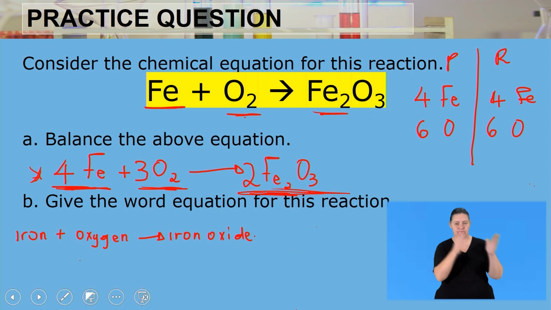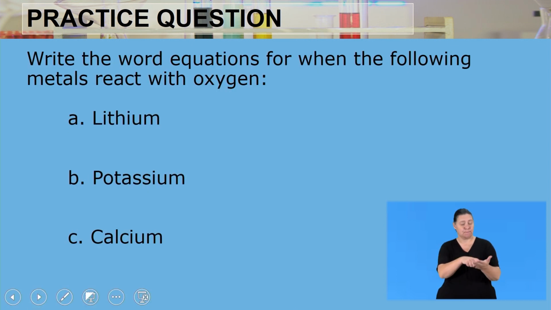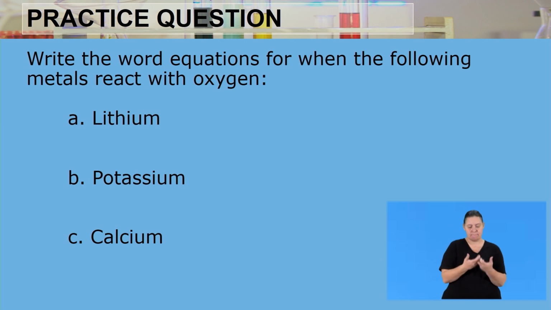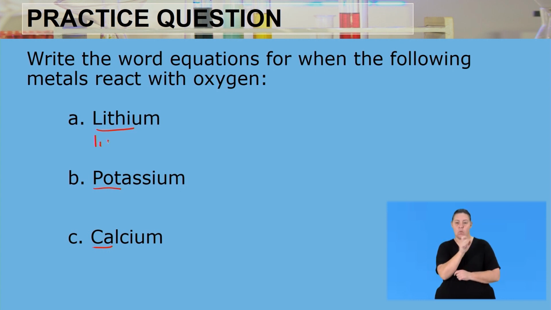Moving on to the next part of the question, which now requires us to write the word equations for when the following metals react with oxygen. When lithium reacts with oxygen, when potassium reacts with oxygen, and lastly, when calcium reacts with oxygen. We do know that when a metal reacts with oxygen, it forms a metal oxide. So lithium reacting with oxygen will give us the word equation that says lithium plus oxygen will react to form